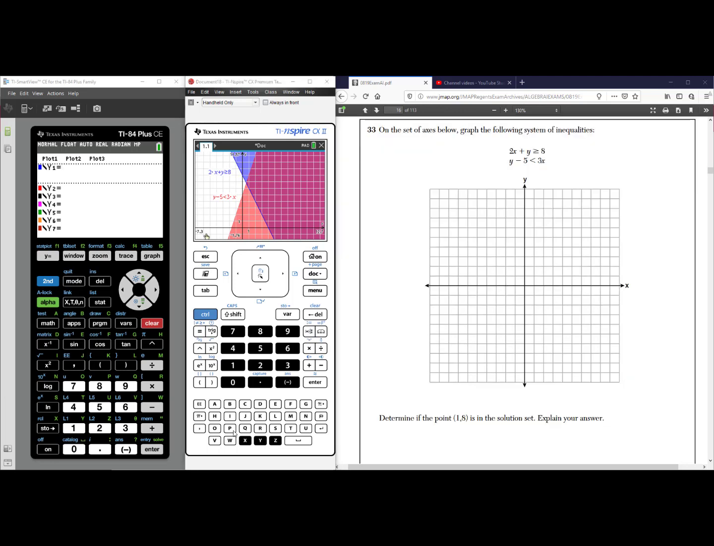The second part of question 33 asks us to test the coordinate 1, 8. If I press the letter P on a TI-Nspire CX2 and choose number 2, points by coordinates, I can now enter 1, enter 8, and when I press enter, I can see that 1, 8 is plotted on our inequality y minus 5 is less than 3x, and because that is not inclusive, it does not fall in our solution